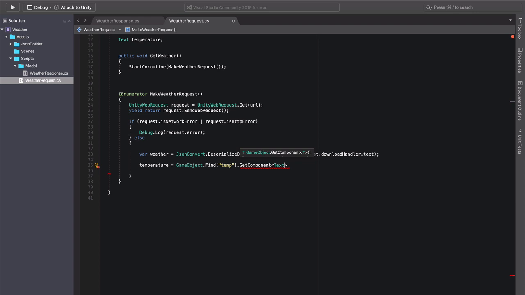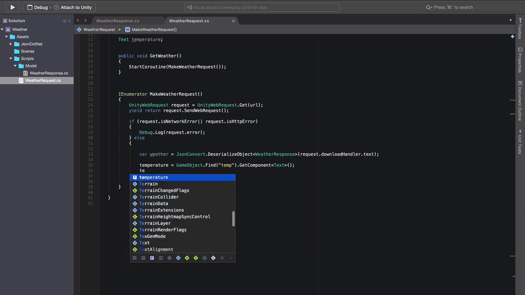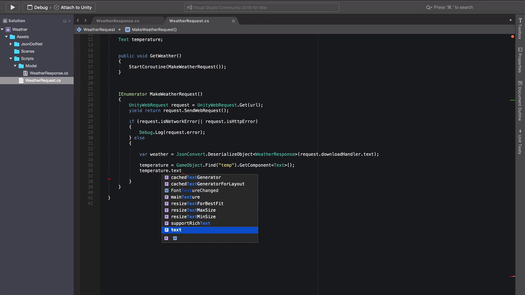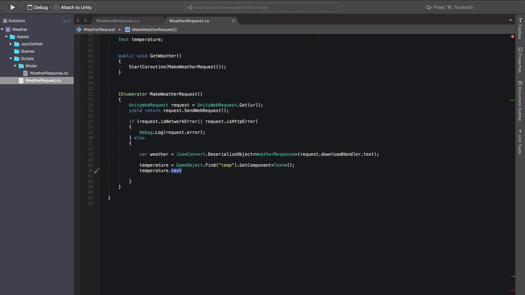You can see those angle brackets again. Again, this is a generic function. Okay, and then temperature. And we'll set the text. That's the text property of the temperature object, and we're going to set that to